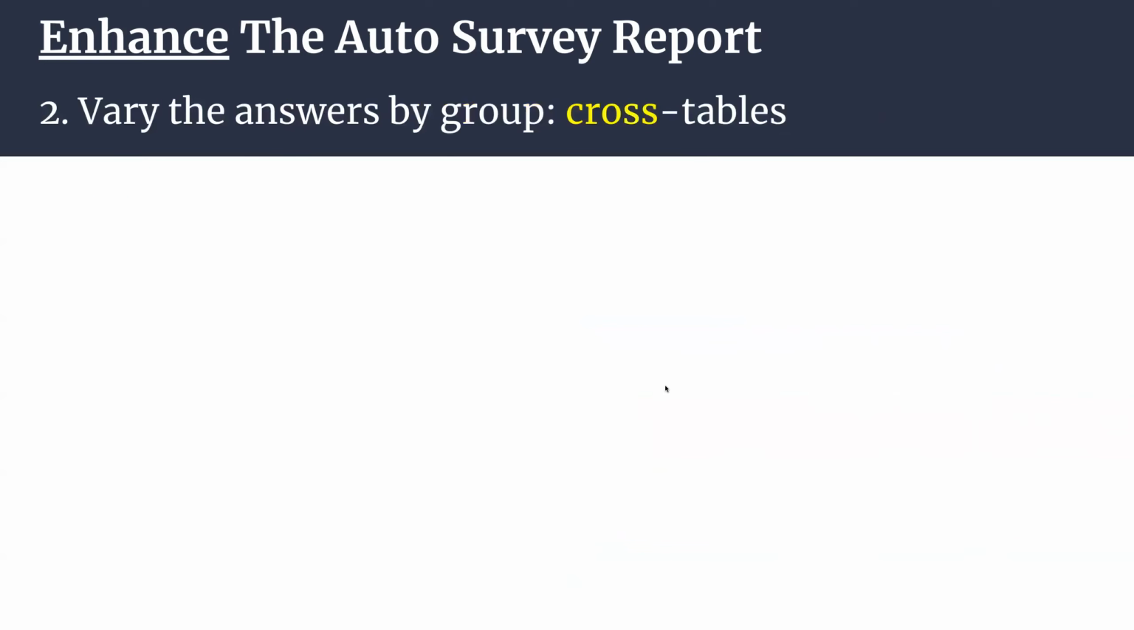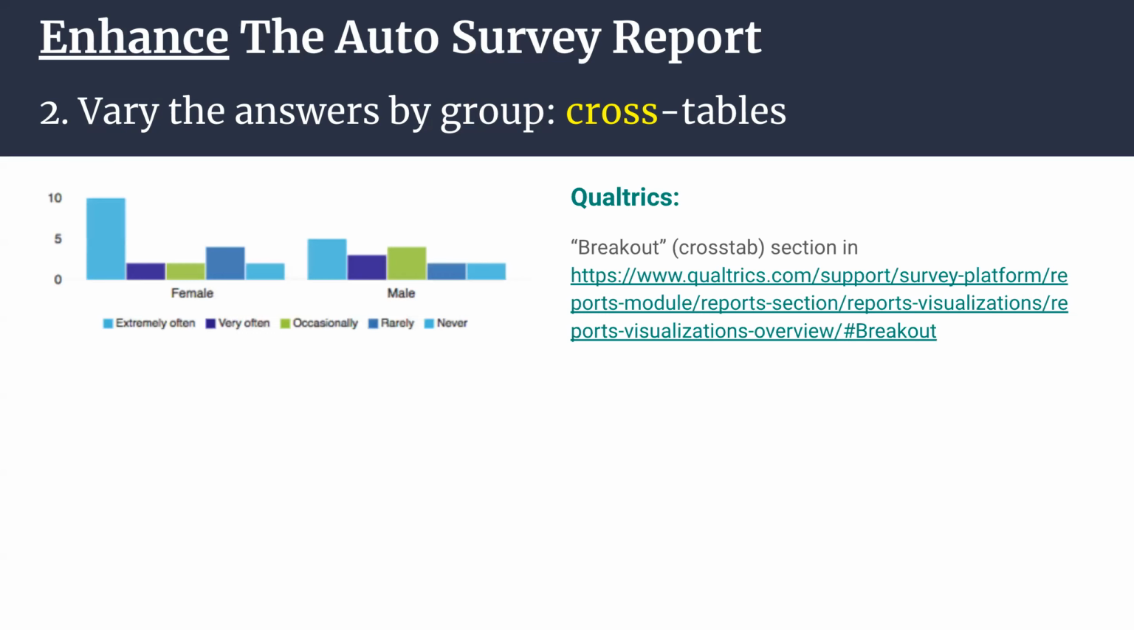The second strategy to enhance the auto-generated survey report involves creating cross tables or conducting group difference analysis. Unfortunately, you won't find this group difference analysis function in Google Form or Alchemer yet, maybe because they are more budget-friendly software options. On the flip side, Qualtrics offers a feature to break out a question analysis based on a group, for example, in this case, the gender, asked by another question or previously loaded background information about the